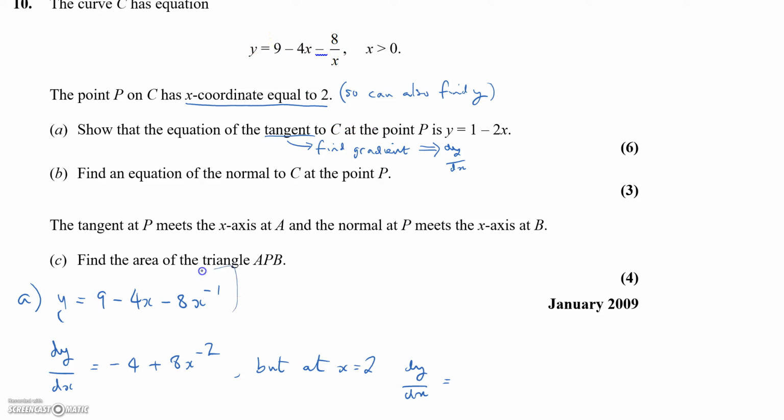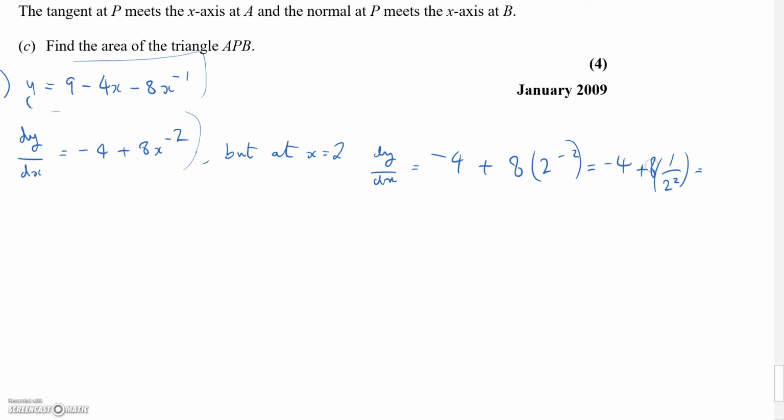So coming down here, I've rewritten the original equation and then I've differentiated it using my normal differentiation rules, and I wanted to find the gradient, which is the gradient of a tangent at that point. So I put x equals 2 in. So we've got -4 plus 8 lots of 2 to the minus 2, which is -4 plus, so 2 to the minus 2, minus means put 1 over it,